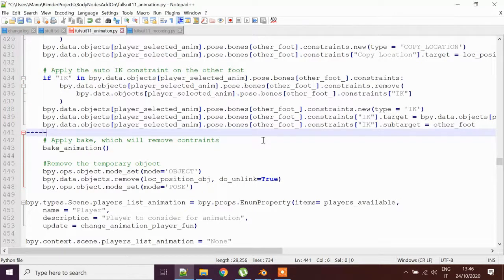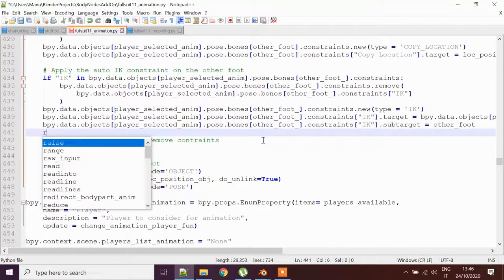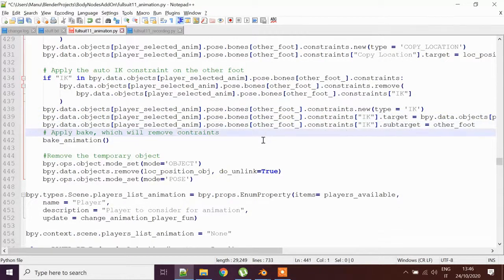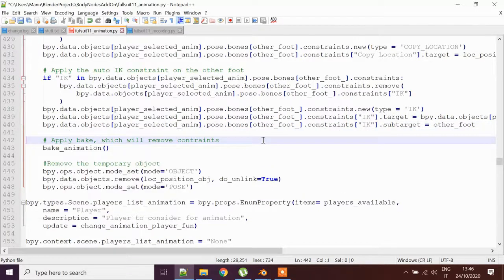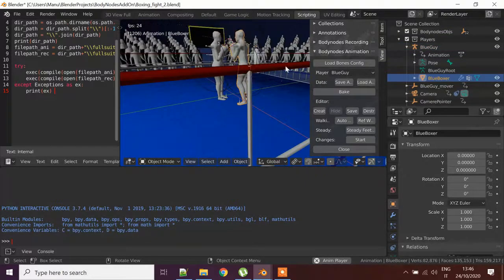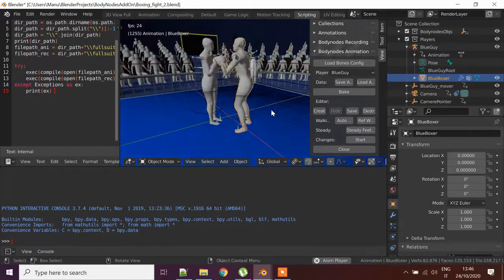Now, up to here, if we were to put a return statement here, the script would just work already. We wouldn't need to change anything else. We'd see exactly the same animation that you'd see here. Exactly. But